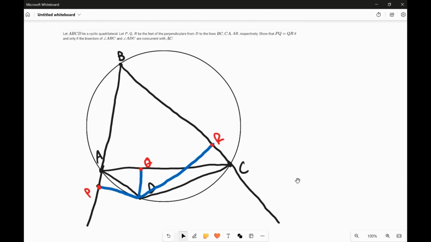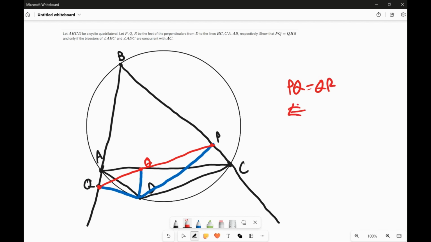So here's the IMO problem. Let ABCD be a cyclic quadrilateral. Let P, Q, and R be the feet of the altitudes from D to the lines BC, CA, and AB. So this should be P, and this should be Q instead. And we want to show that PQ, this length here, is equal to QR. I should draw that in red, sorry. That PQ equals QR